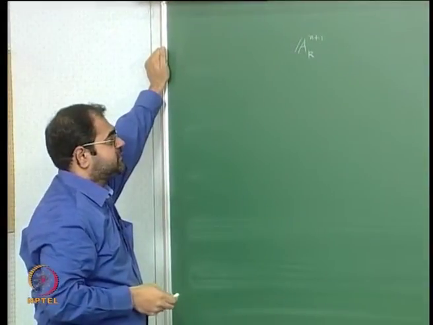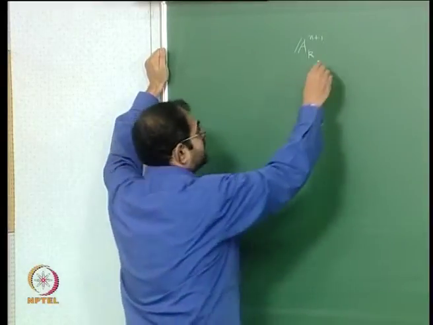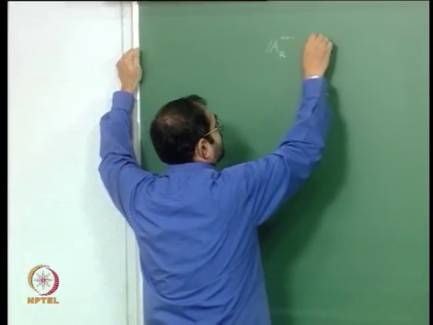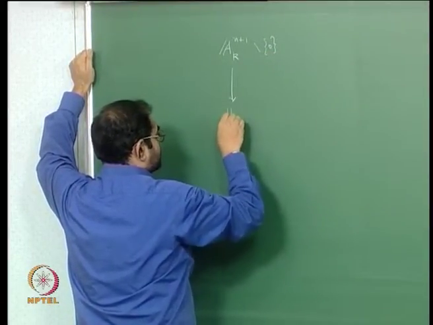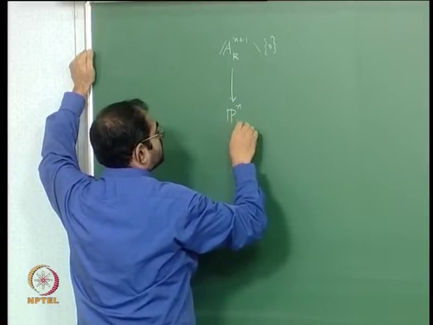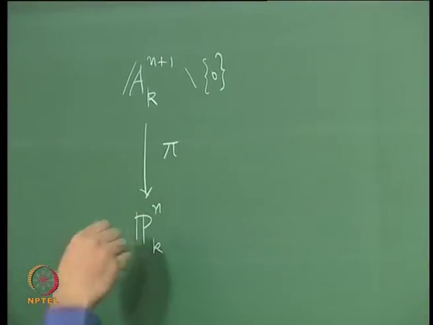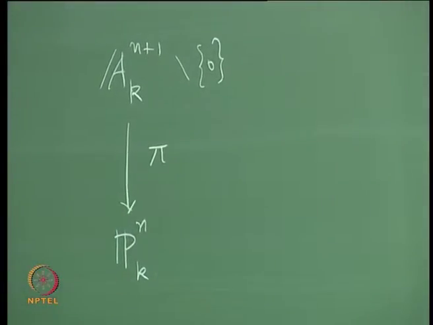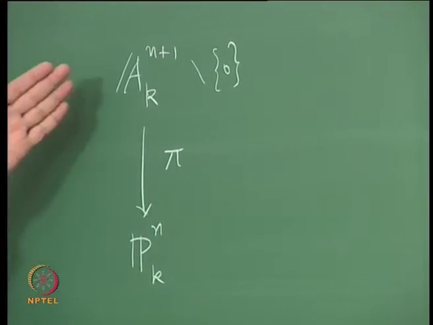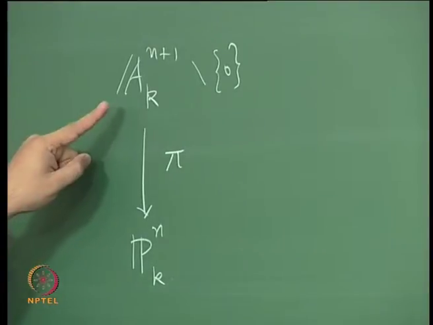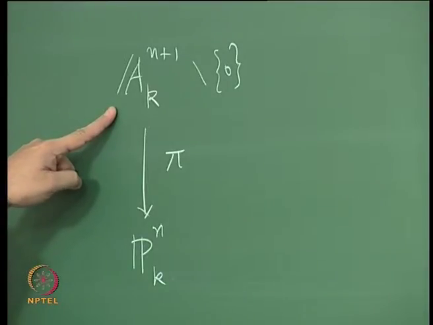So this is, as a set, just the Cartesian product K^(n+1), but given the Zariski topology, and then you take away the origin and look at the space of lines, then you get the projective space over K, and there is this map which is the natural projection map. You can think of it as a quotient map, and you can also think of it as associating every point in projective space to the line through the origin that it corresponds to. Okay,